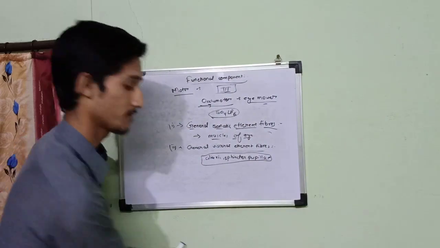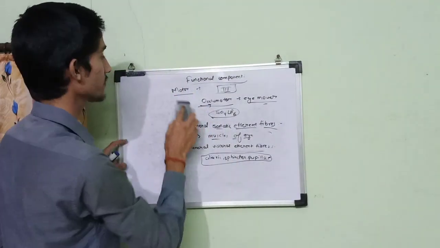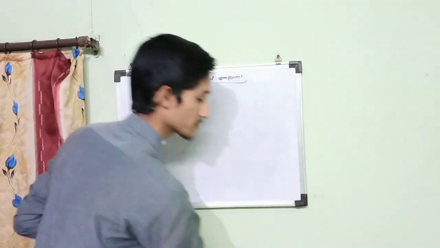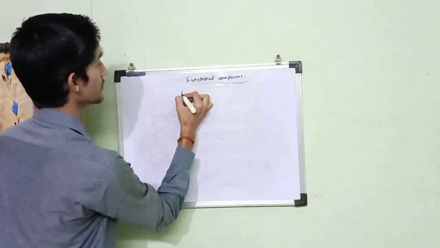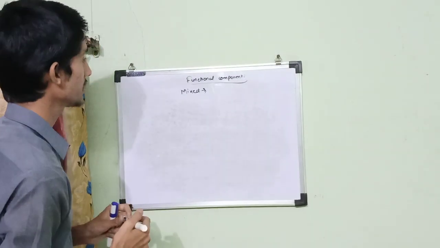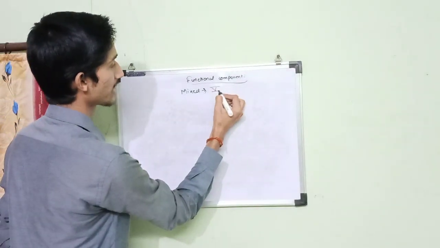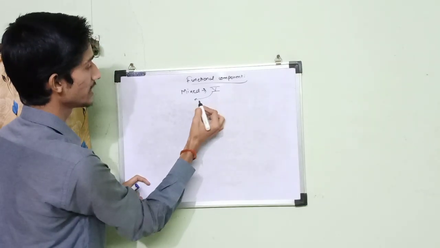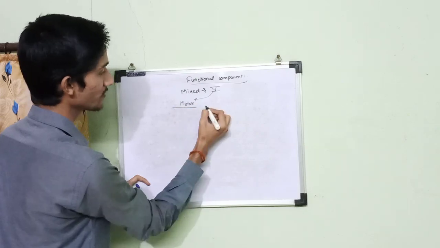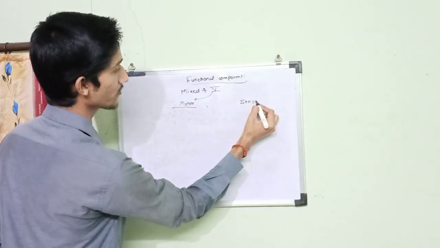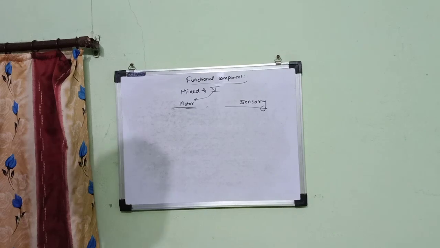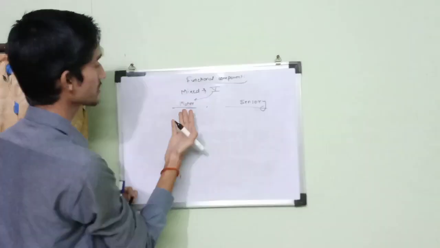Now we have the third type of nerve, that is the mixed cranial nerve. For the mixed cranial nerve, we are taking the example of the trigeminal nerve. It means it contains two types of components. It contains the functional component of motor fibers, and it also contains the functional component of sensory fibers. So this is how the trigeminal nerve contains the motor nerve.